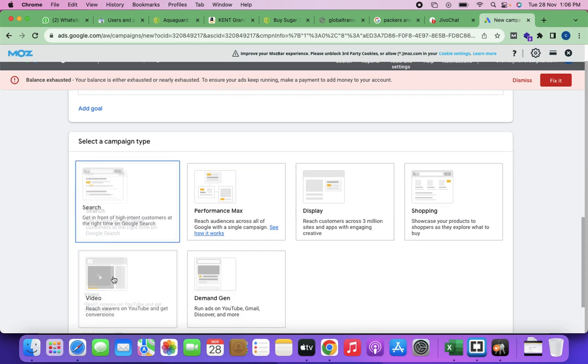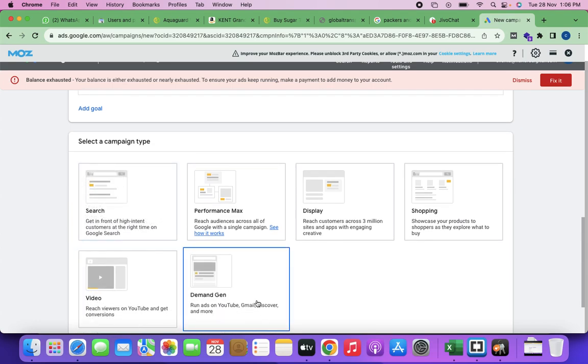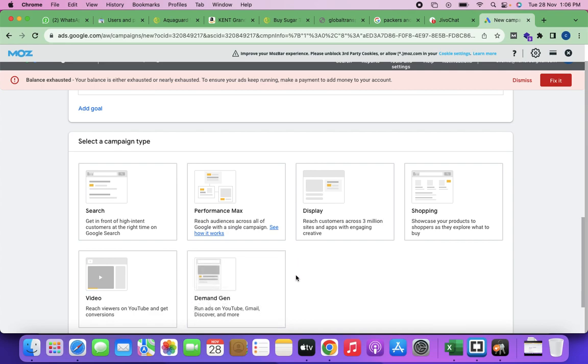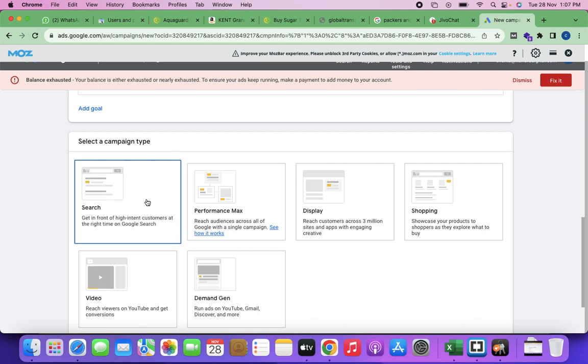You can run ads only on YouTube. Okay, so this demand generation is new. This was not there a few months back. Last batch when I was explaining, this was not there. So Google keeps introducing different options. It figures out new ways of making revenue or taking more money from you. Okay, it's not just that it's doing some great favor for you. Even they think of their revenues. Okay, so search is the one which we will go with, and I'll tell you what is search.